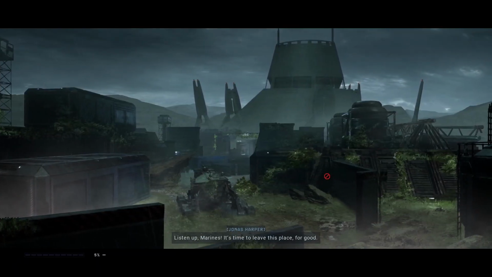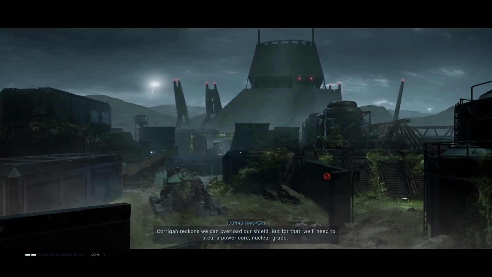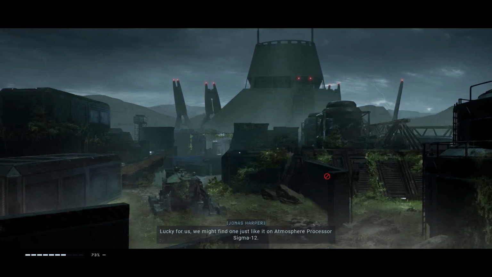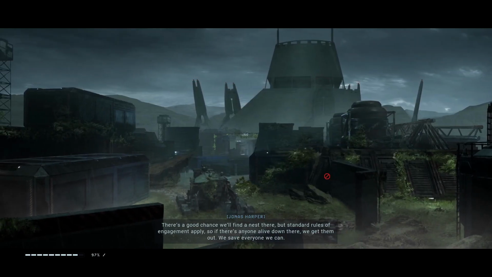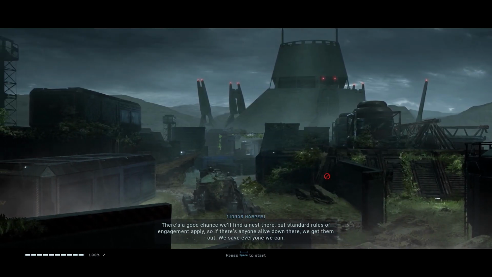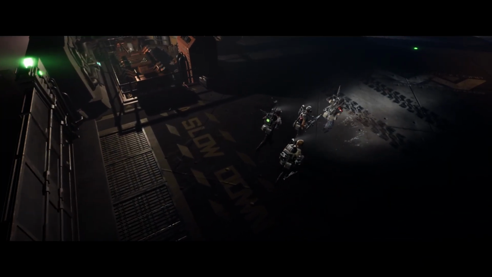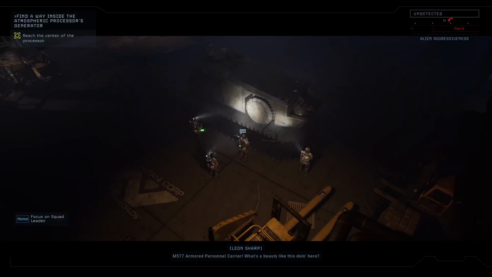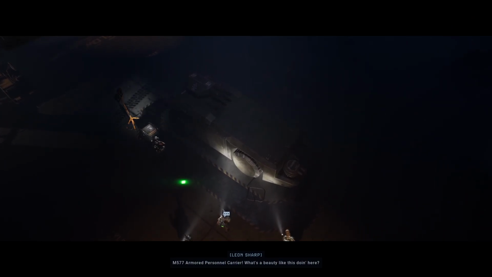We have a new task. We need to make the Otago strong enough to be able to get off-world and through the blockade. Well, through the Cerberus protocol blockade. So first off, we need to go to an atmospheric processor to steal its power core, which, after a small detour where we get the APC, which allows us to take 5 Marines into a mission instead of 4, it has a plasma gun as well as the Gatling gun, similar to how the